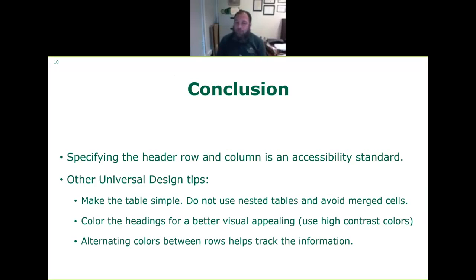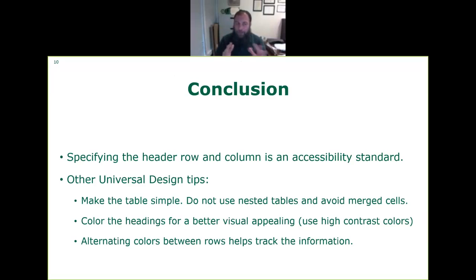And this actually concludes our first part, the presentation. Just to remind you, always specify the header row and header column, and this is what makes your table accessible. This is the key value. If the colors are missing or something, this will make your table weak, but the key here is really the header row and header column, because at the end you want to explain the table, you want to explain each cell in the table, and the only way is to specify the header row and header column.